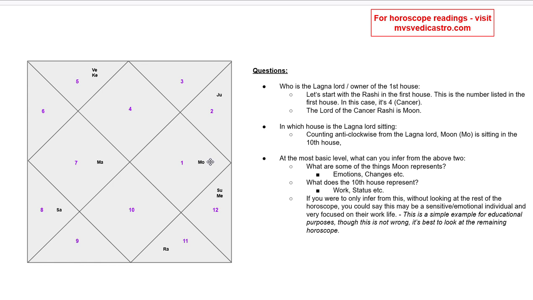Again, it's always best to read the horoscope in totality, but we are just working with example and limited information for learning purposes. So again, if the only information we have is the Lagna Lord Moon is sitting in the 10th house and Jupiter is sitting in the 11th house, and this person is currently going through Moon's Maha-Dasha and Jupiter's Antardasha, you could say that this individual may see some gains in their work life. You know, they may see some progression happening. They may see some increase in their income.